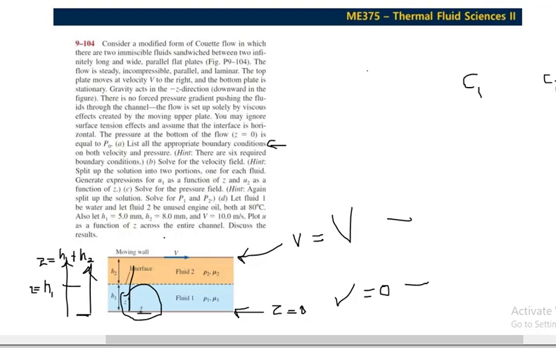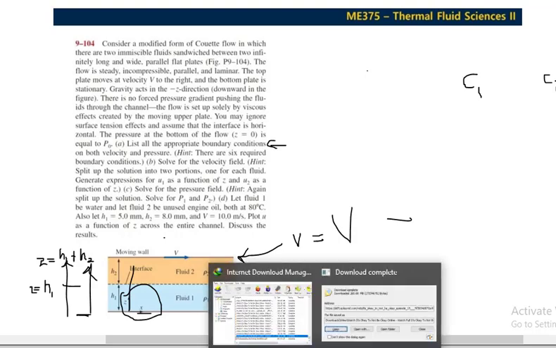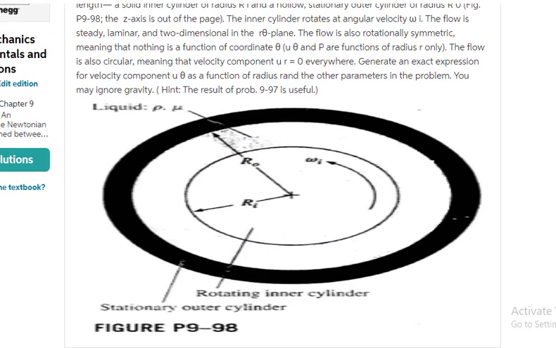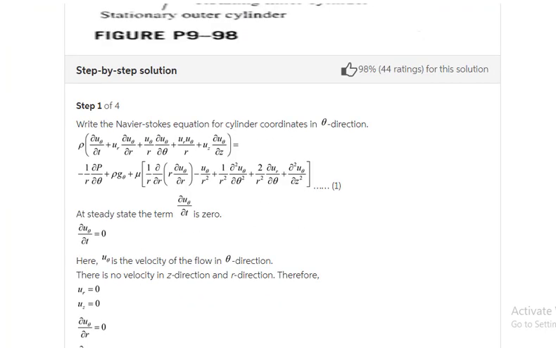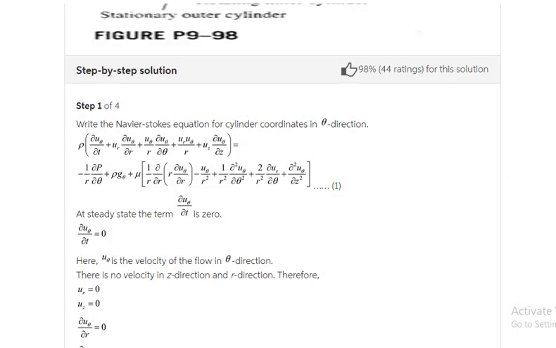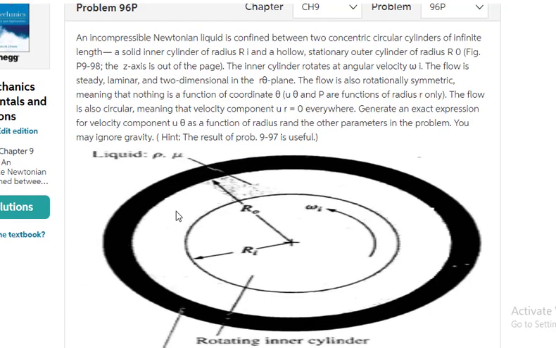Now we will move on towards the second problem, which is this one of the circular cylinder. Here you were having difficulty in how to solve the Navier-Stokes equation. As I have identified in this lecture how to solve it, you have to perform the same steps here. Here you were given only one Navier-Stokes equation. What you have to do is identify which parameters are equal to 0 as given in this statement.